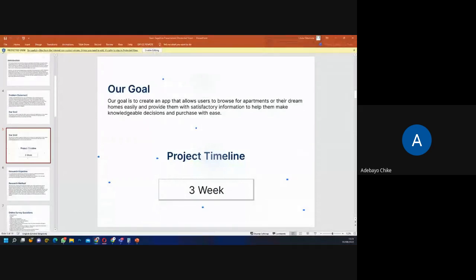Now your direct competitor is people that are actually doing what you are doing and targeting the same audience. While your indirect competitor is somebody doing maybe not what you are doing, something else, but targeting the same audience, or doing the same thing and targeting a different audience. Now, an example would be